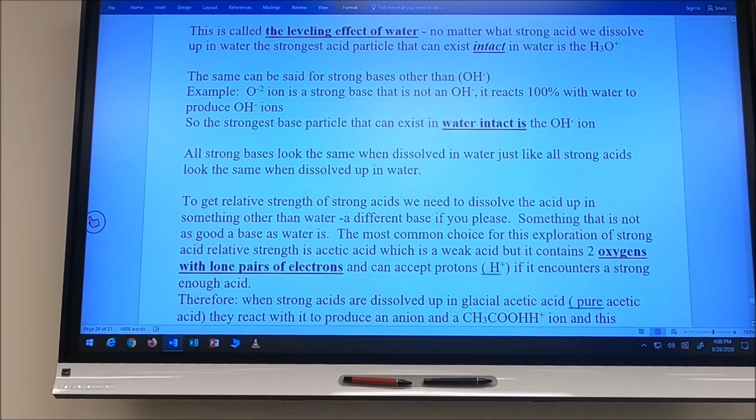What he had to ultimately realize is that he was really getting the same acid. The acid was the hydronium ion. He just wasn't aware of that. So to get relative strength of strong acids like HCl, HBr and HClO4, you have to dissolve them in something that's not water. And they usually dissolve